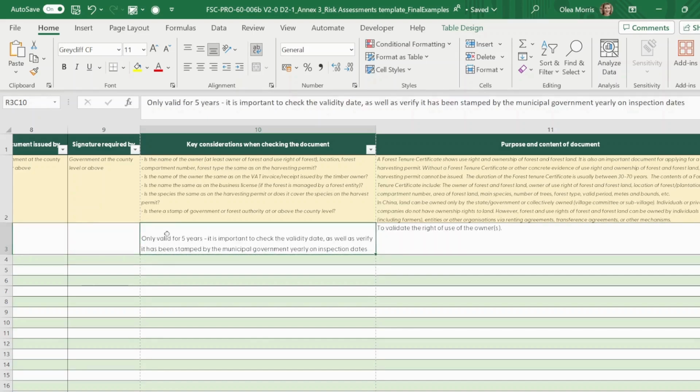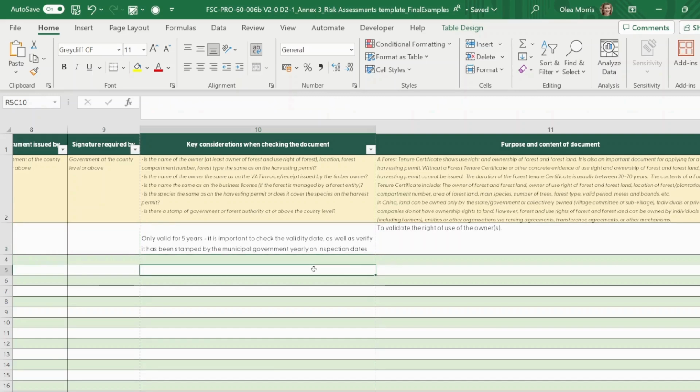So for example, I might be able to say, oh, forest tenure certificates are only valid for 5 years, and let's say they get out of date really quickly. I might indicate here that it's important to check the validity date and verify that it's been stamped by the